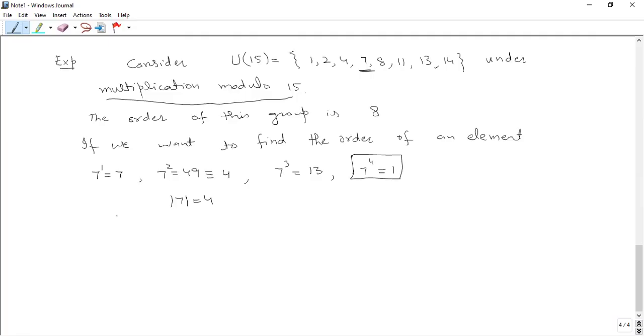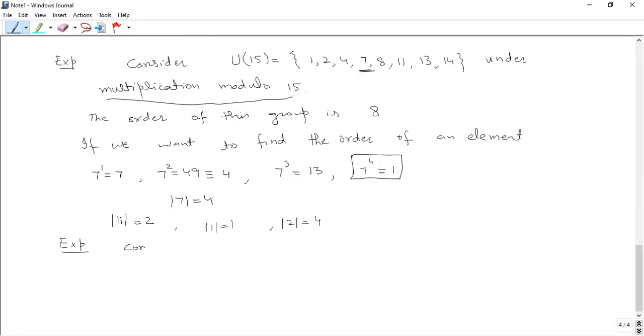Similarly, you can verify that the order of 11 is equal to 2, or order of 1 is equal to 1, order of 2 is equal to 4, and so on. You can find order of every single element in this group. Okay. Next example is,